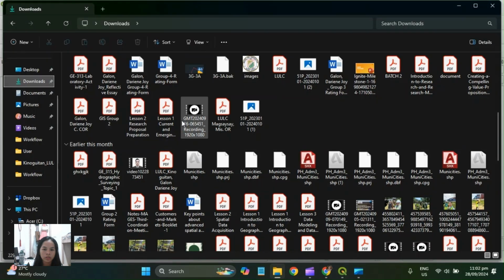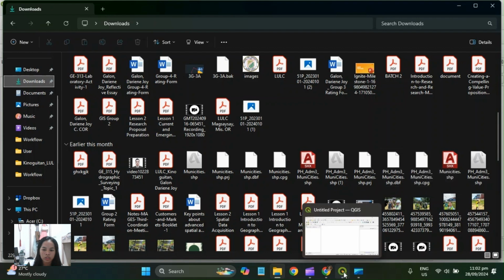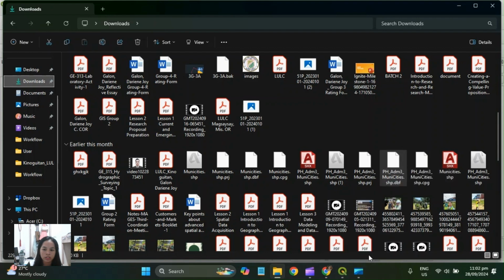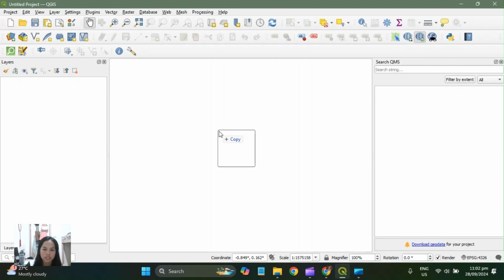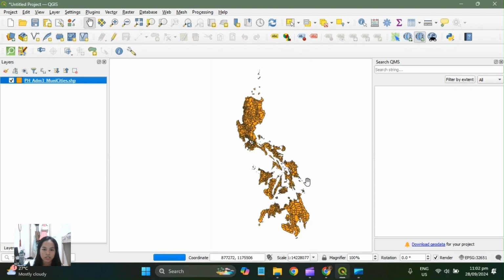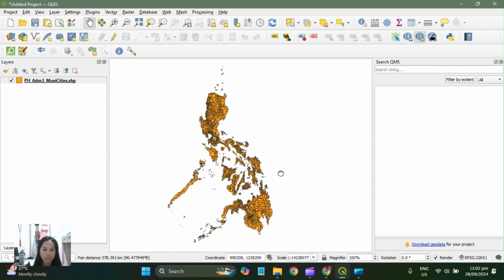So I already have downloaded this shapefile of municipalities in the Philippines. To input it in QGIS, you just need to drag the file to QGIS. Then here we see it.